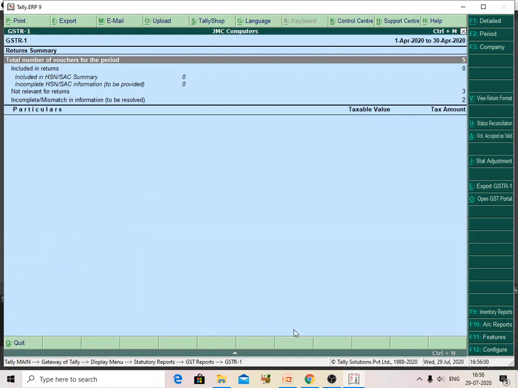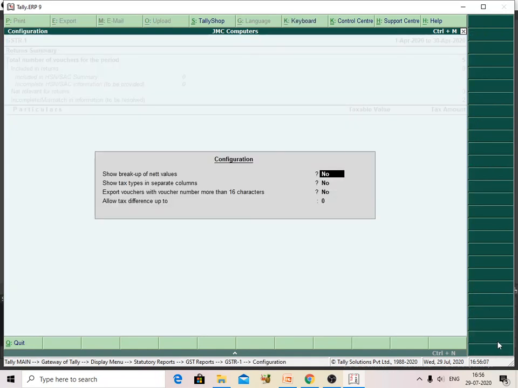Here you can get the data. In F12 configuration, under configuration you can set show tax types in separate columns. Okay, show tax rate in separate column to Yes.